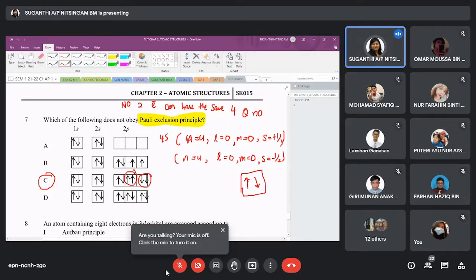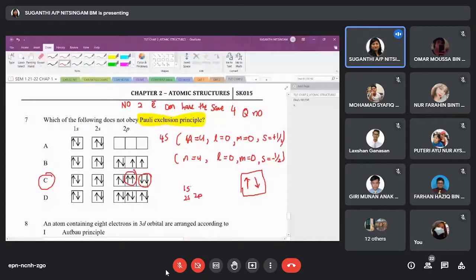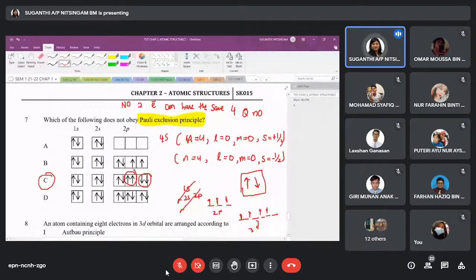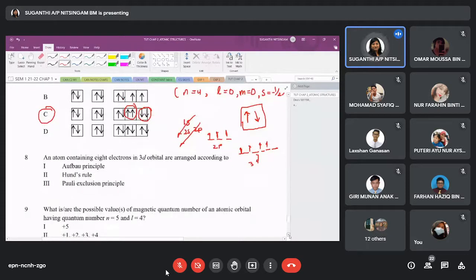Aufbau kata energy level. Bila you susun, kena ikut energy level. Yang ini yang Aufbau punya. Yang macam ni kan. Tapi yang Hund kalau degenerate orbital, bila isi dalam 2p atau isi dalam 3D, kena isi satu-satu dulu. Itu ialah Hund's rule. Don't pair them up. Kamu kena single dulu, kemudian baru pair them up. Okay, now let's look at the next one. An atom containing 8 electrons in the 3d orbital are arranged according to